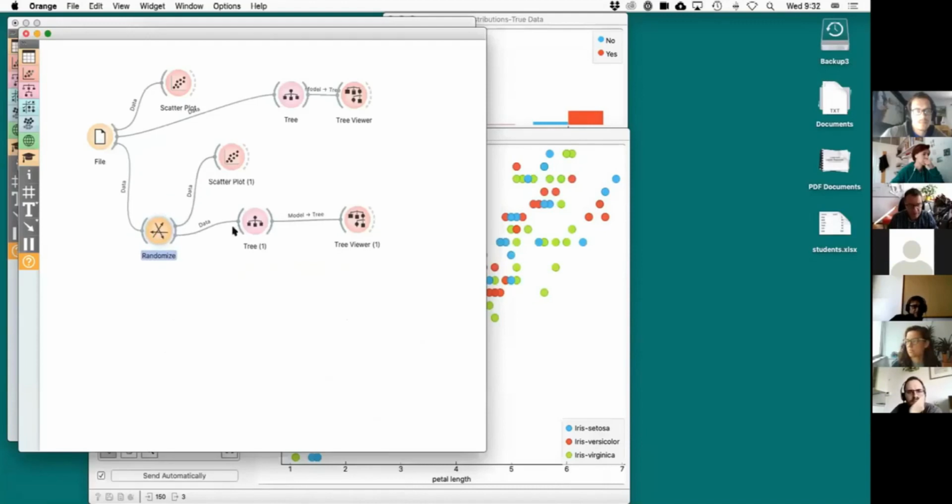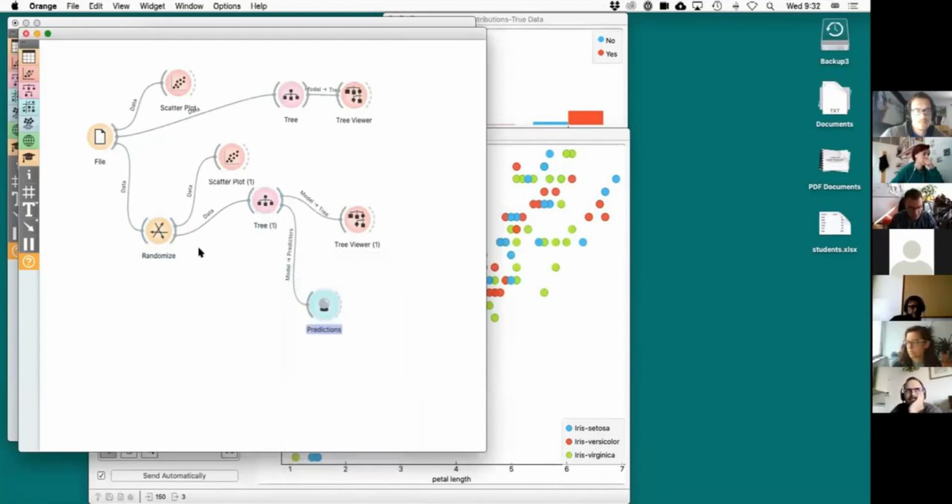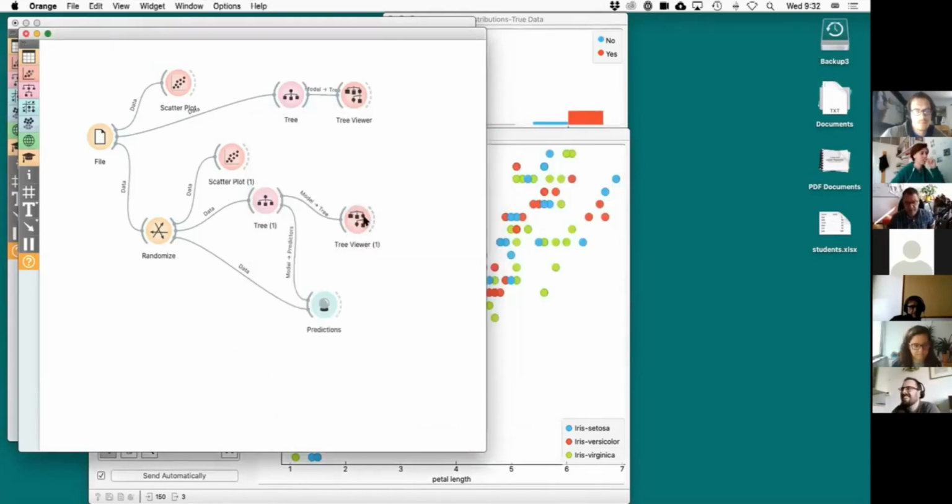And if I then say, okay, I would like to do the predictions on the same data, of course, the predictions will be almost always correct. So classification accuracy here is 80%, which is still high, right? But it's because the tree remembers. The model got so complicated. This is because I'm actually testing my model on the training data.